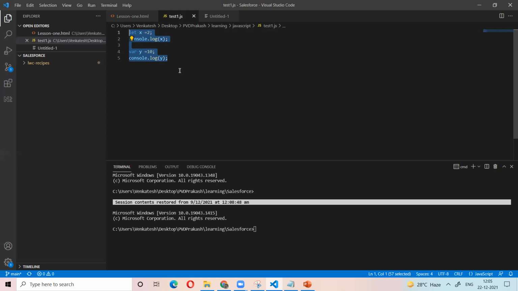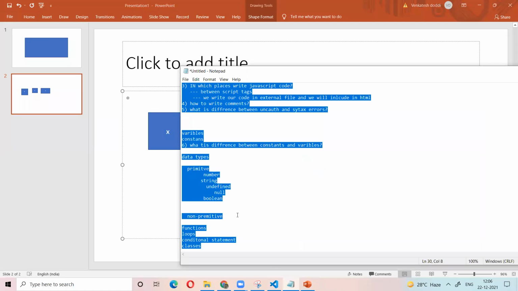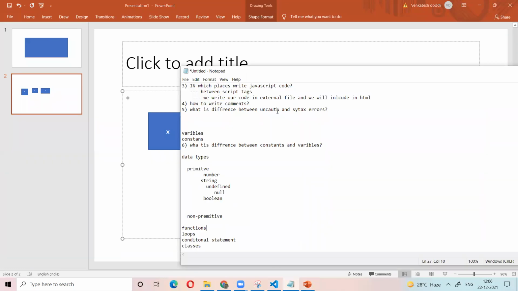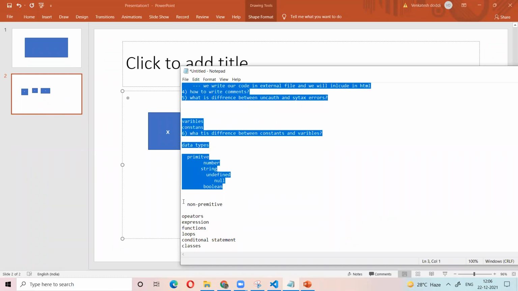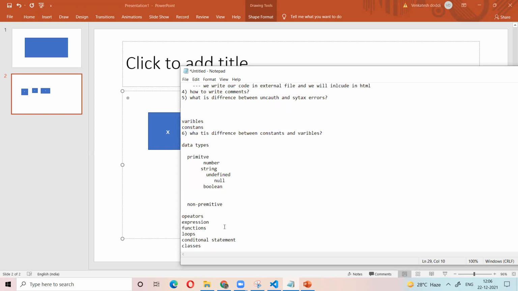Any other questions? So are we going to cover null in next class? I will cover the other data types, like non-primitive data types. What are the functions, what are the statements, and what are the operators? Operators, expressions. Till now I covered this part only. Tomorrow I will cover this part. I will give the notes, what topics I covered. I will post it in the WhatsApp also, what I need to cover in tomorrow's class.